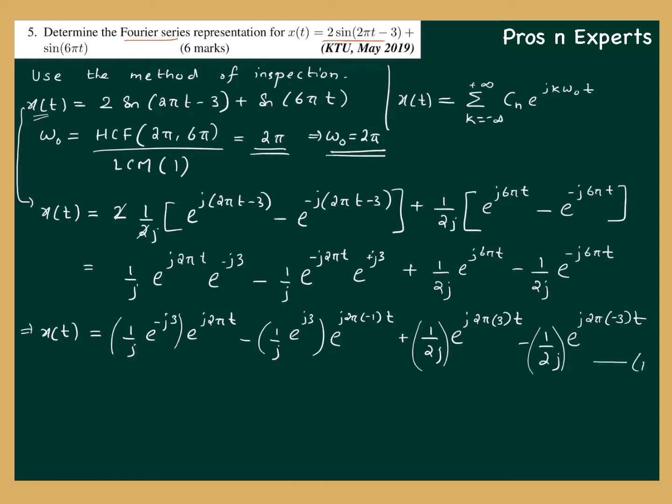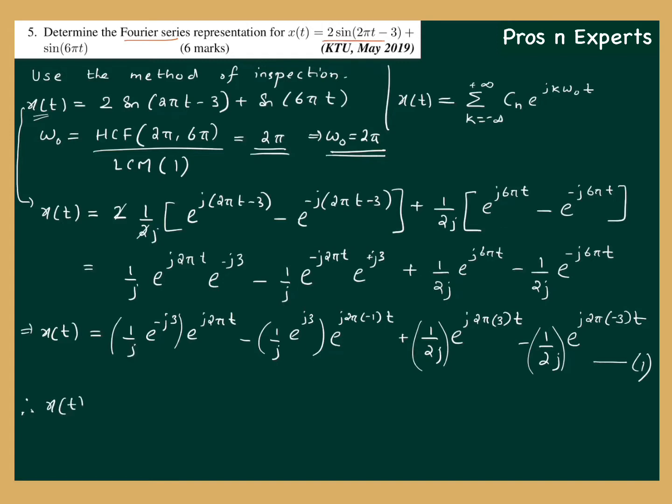Let me give this as equation number 1. Now listen very carefully, be very attentive. What I'm going to do is expand the Fourier series expression, this expression, given omega 0 equal to 2 pi. So I'm going to substitute omega 0 equal to 2 pi and expand this expression. So that implies